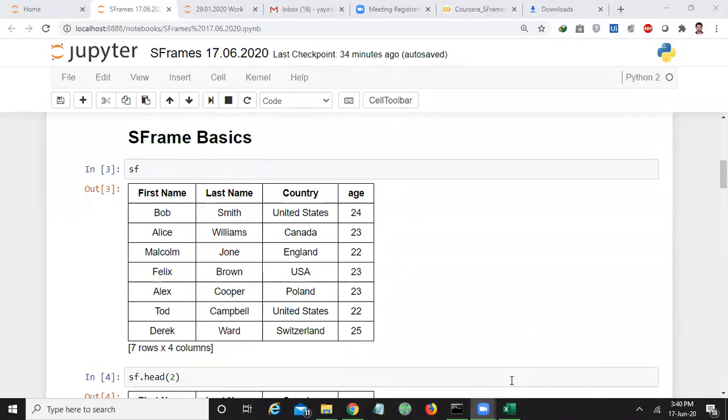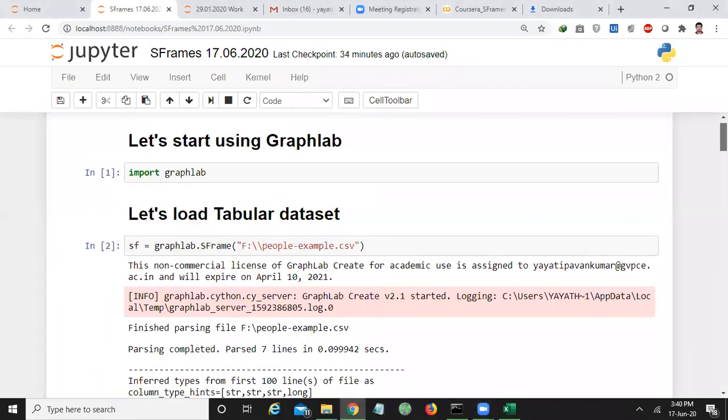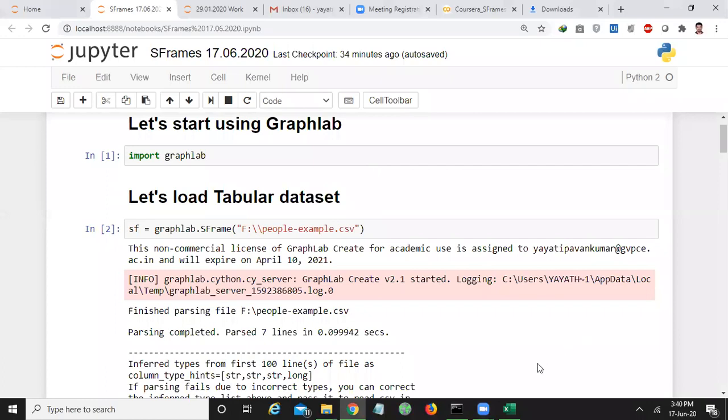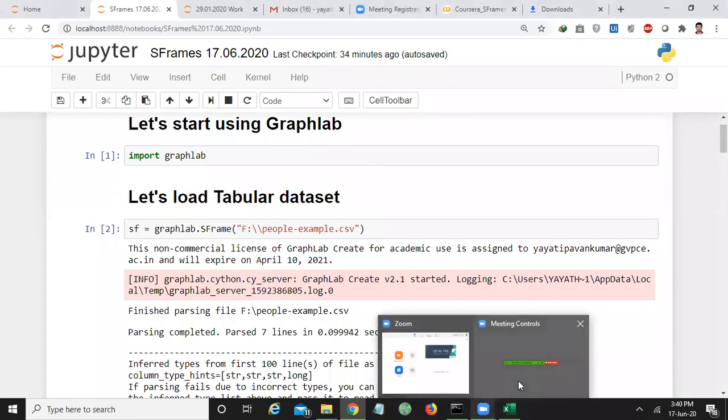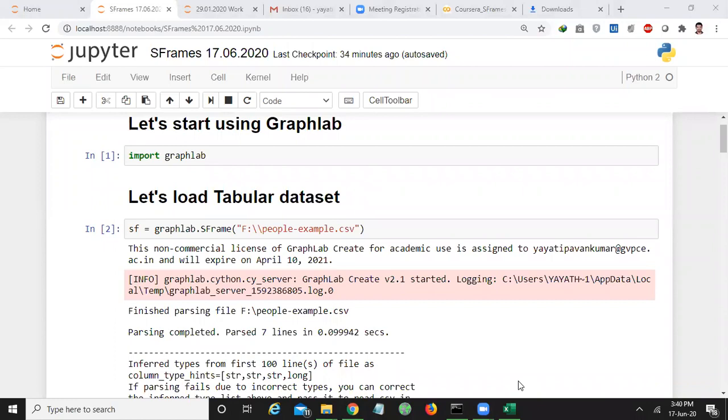Have you seen the data in the S frame like this, which I have given from the beginning? You want, okay, from the beginning you want? Okay, fine. I'll show you. Sure, sure.